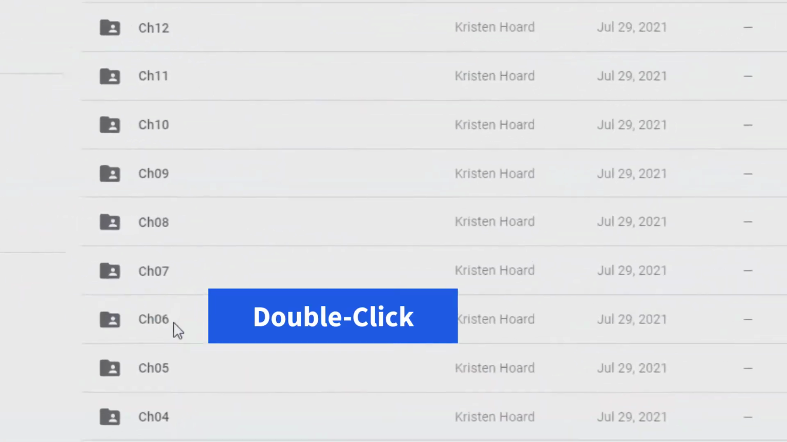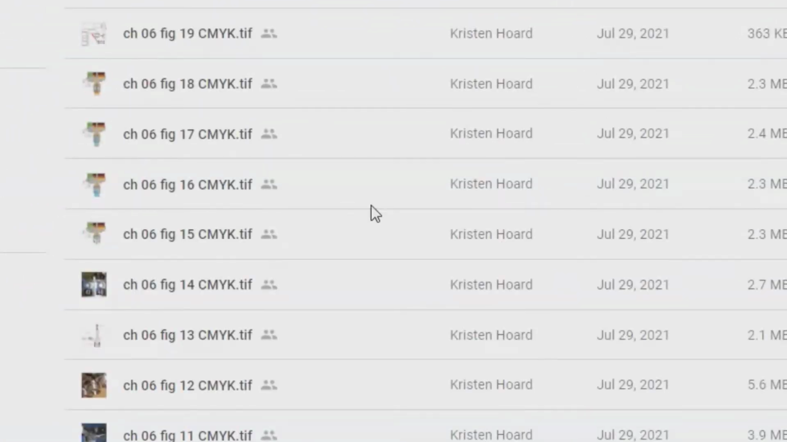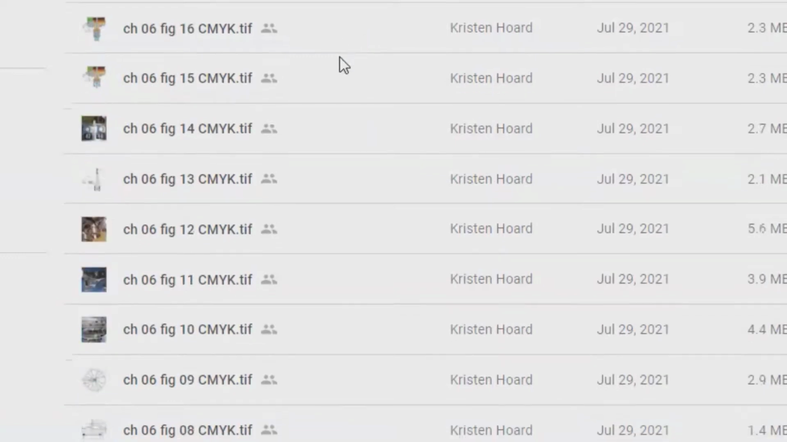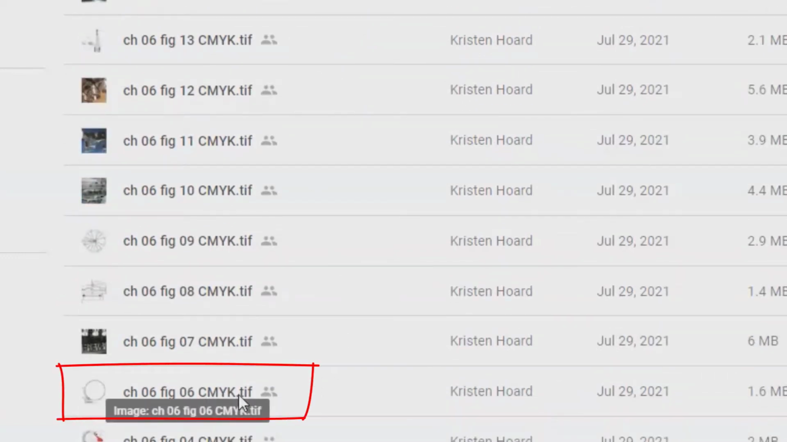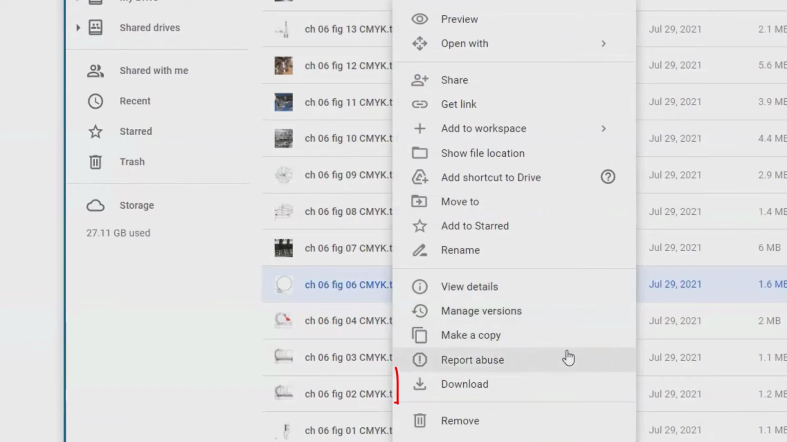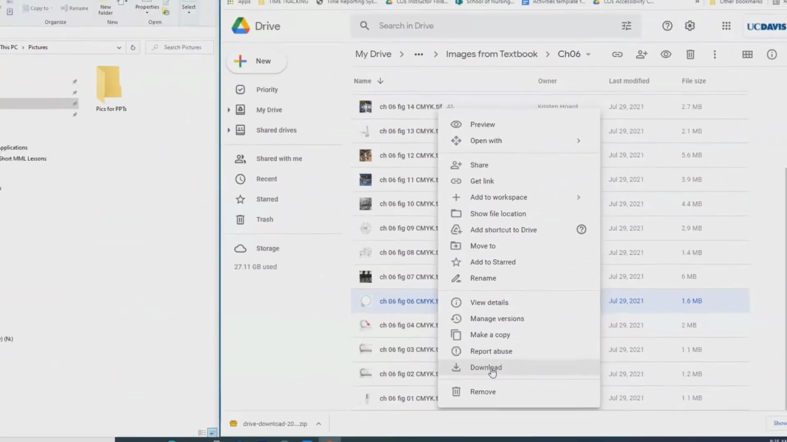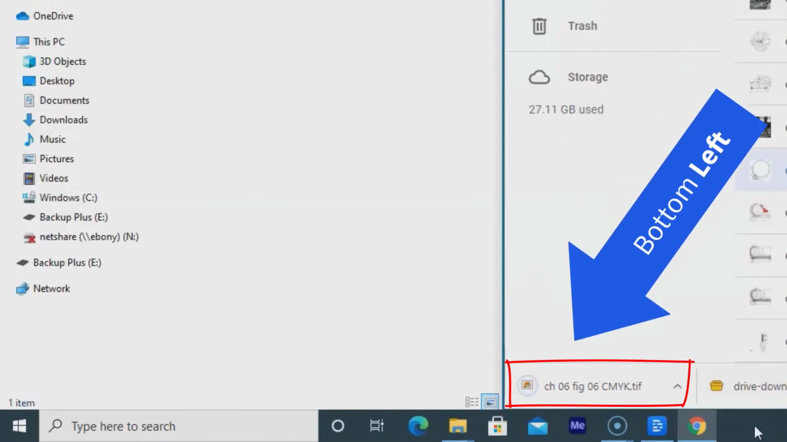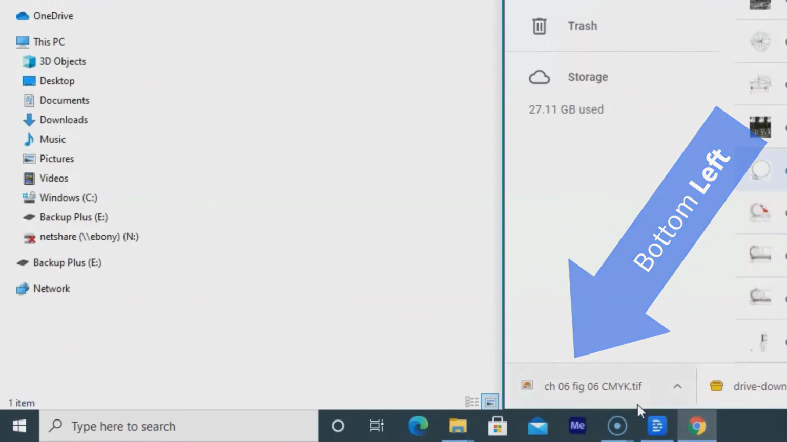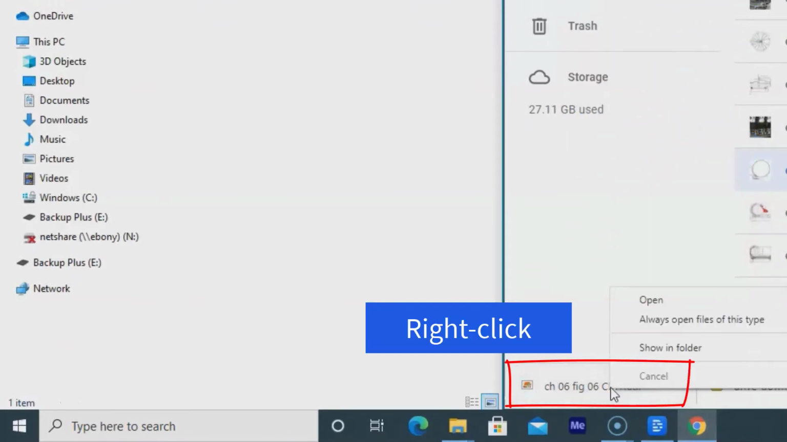Let's say we're going to go to chapter 6, and so I just double clicked and picked the one you want. I'm going to say chapter 6 figure 6. I'm going to right click on that, and when I right click on that, it's going to give you options. Click on download and you're going to see at the bottom left, sorry, you're going to right click